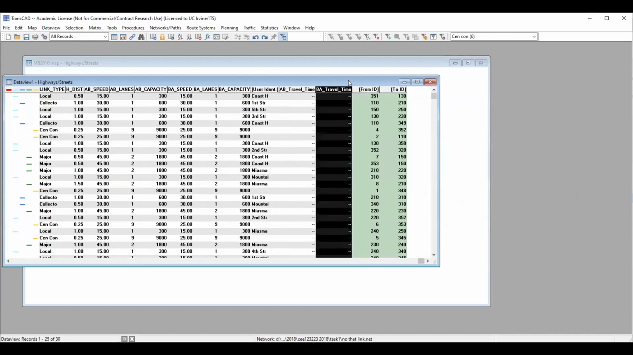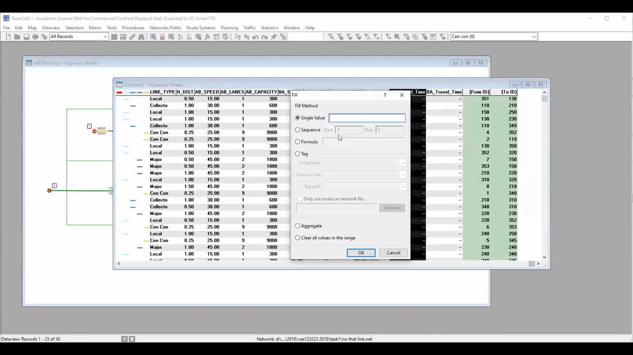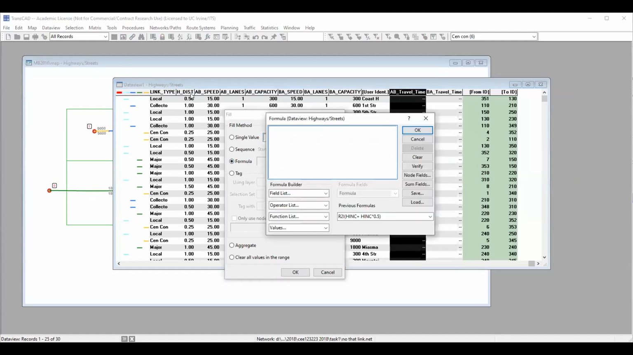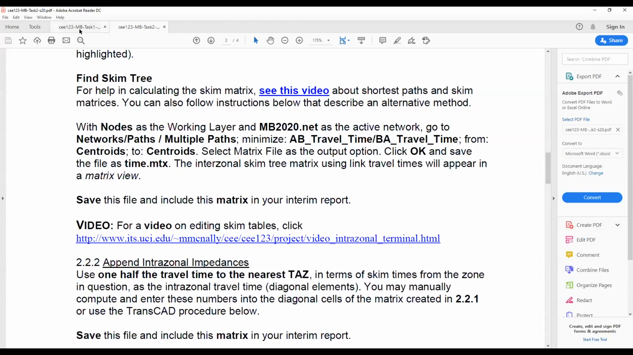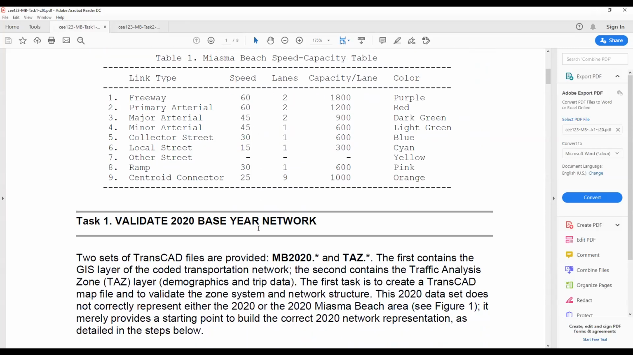So what is time? Time here is speed and the distance. So the distance here is by mile, and the speed here is, like we said in that table, task 1 at the very beginning, miles per hour. And what we need for travel time is minutes. So what we need to do here,